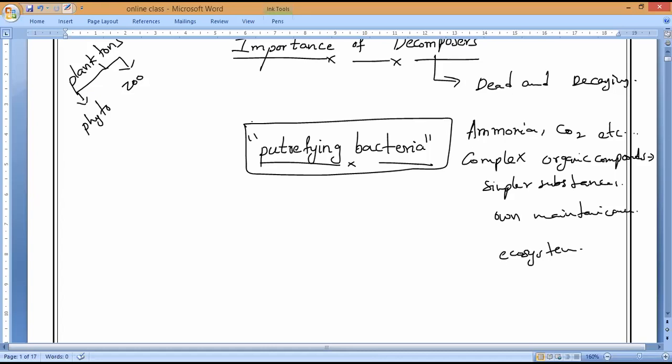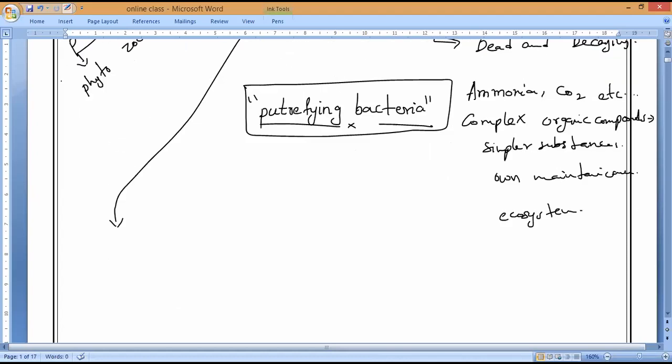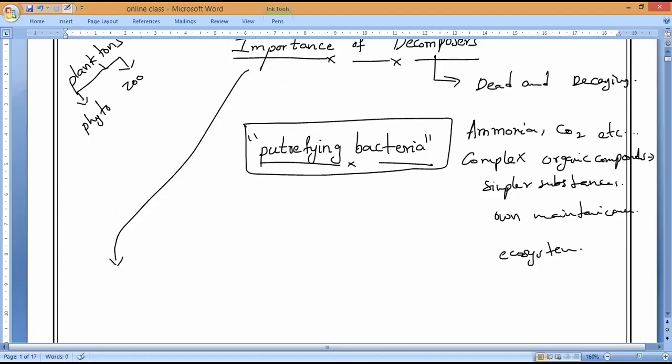Along with that, fungi also will be there. That is why we can say the bacteria and the fungi are the decomposers. In today's class, we will continue with the importance of these decomposers, and later we will go on to the food cycle and food web. First of all, as I told you, they are extremely small in size. Now, I will show you these bacteria, how they are present. For example, if you magnify around 1 lakh times the decomposed or dead plant or any kind of animal, then we can see what is helping in the recycling of material.